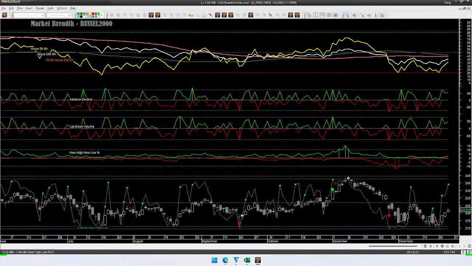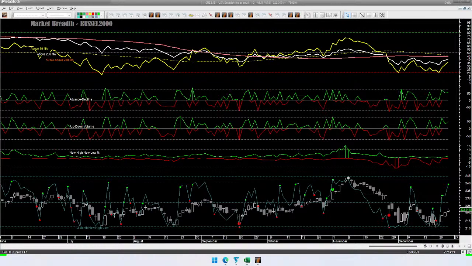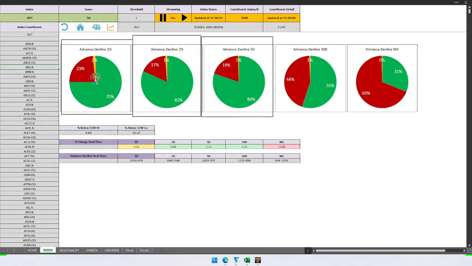Let's go back to the chart. When was the day when we had the indecision shape candle? 20th December, that will be Monday, in fact. So Monday we had the indecision shape candle and then it recovered. And if I look at the Russell 2000 constituents, we can see advanced decline 5 days bullish, 2 days bullish, 1 day bullish. Friday was a market holiday, and before 5 days it was bullish but not so much.